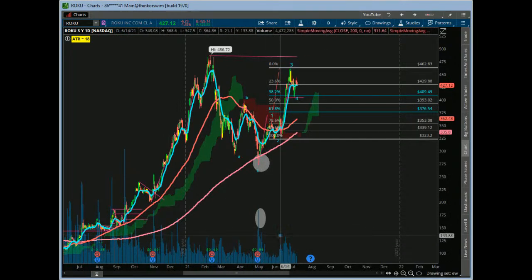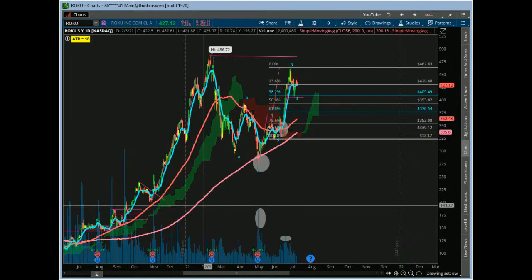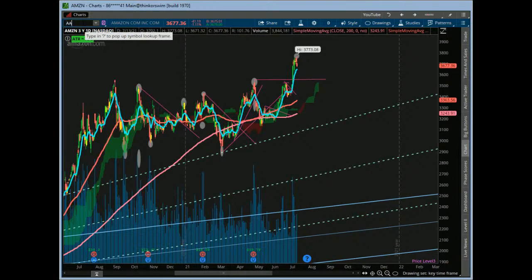And this little mini bottom right here before we got the move up showed a big amount of volume, right? So really, really important stuff. And we see this stuff on the intraday as well, right? So if you go to Amazon, it wasn't too big, but let's look at Apple on the intraday today. Right, so if we go here on Apple,